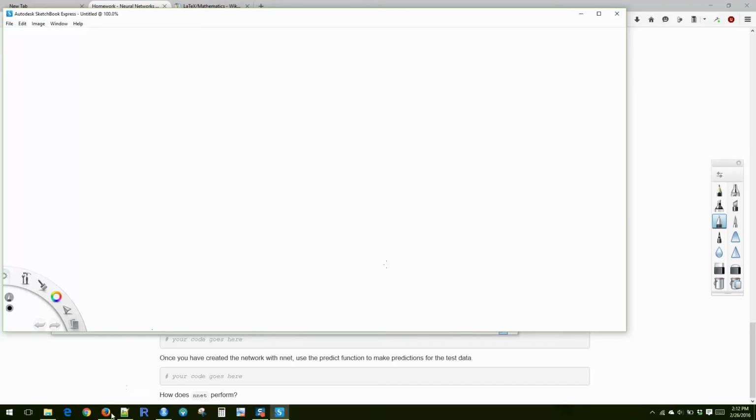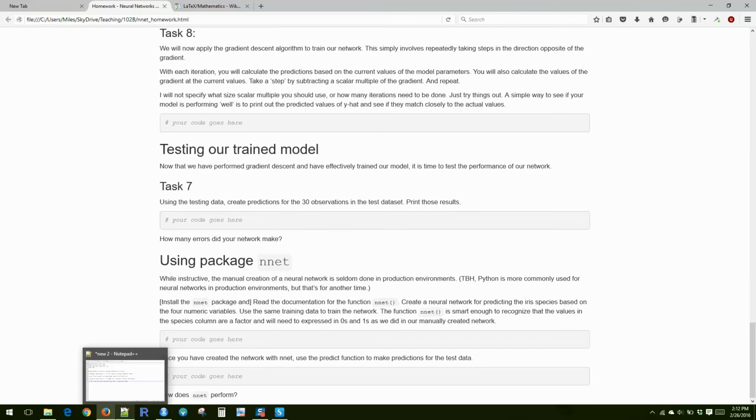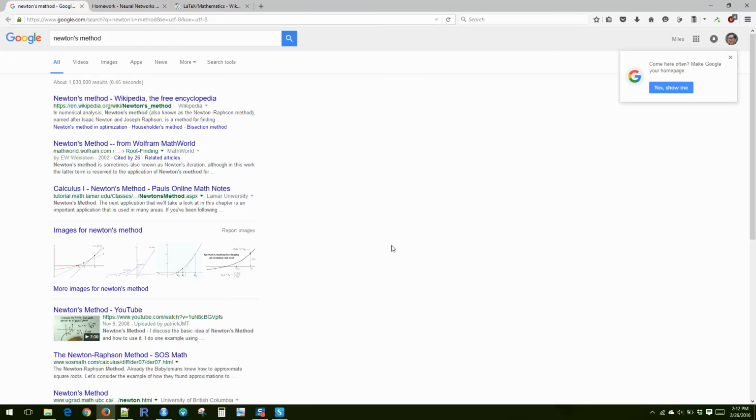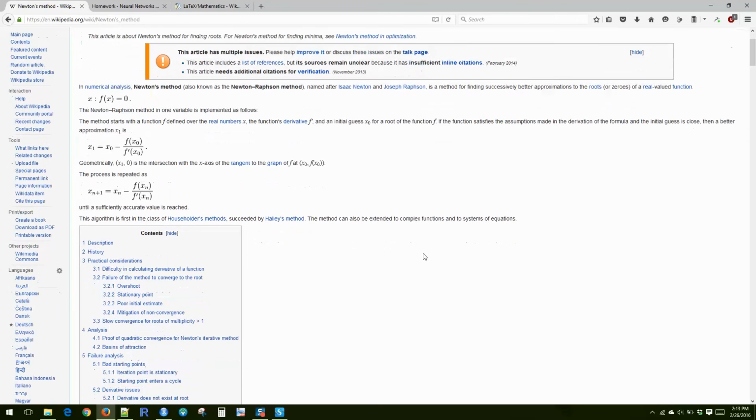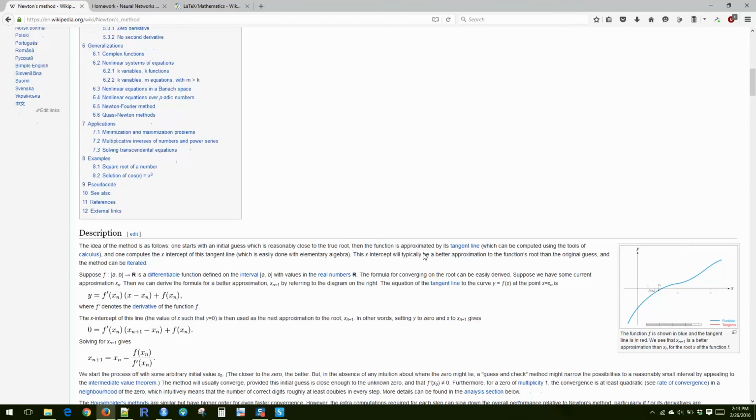Okay, I believe our TA covered a little bit on Newton's method. Yes? Maybe? Okay. So Newton's method is a way for root finding. It's a way to find where the function crosses 0, okay? And so in the context of